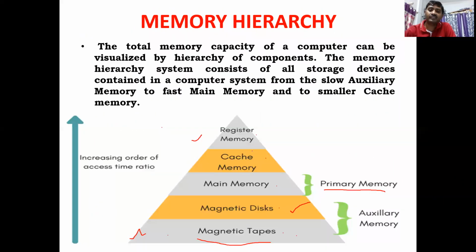So, as the pyramid says, there are register memory, cache memory, main memory, magnetic disks, and magnetic tapes. Register memory we discussed earlier, and cache memory we are going to discuss in today's class. Main memory, we discussed the read write memory and read only memory, right? So today's class covers cache memory, magnetic disks, magnetic tapes, and one more memory called virtual memory that we are going to discuss in this class. So let us go first into the cache memory.